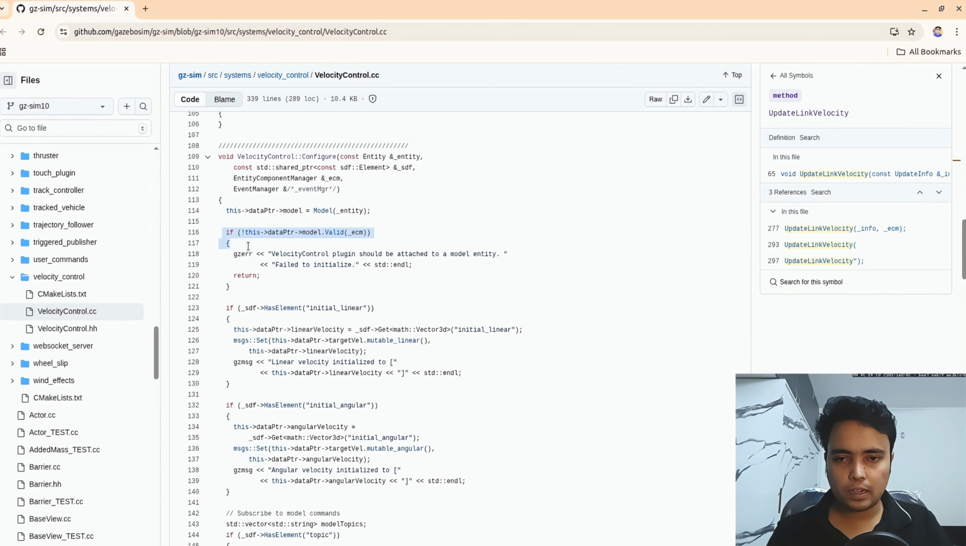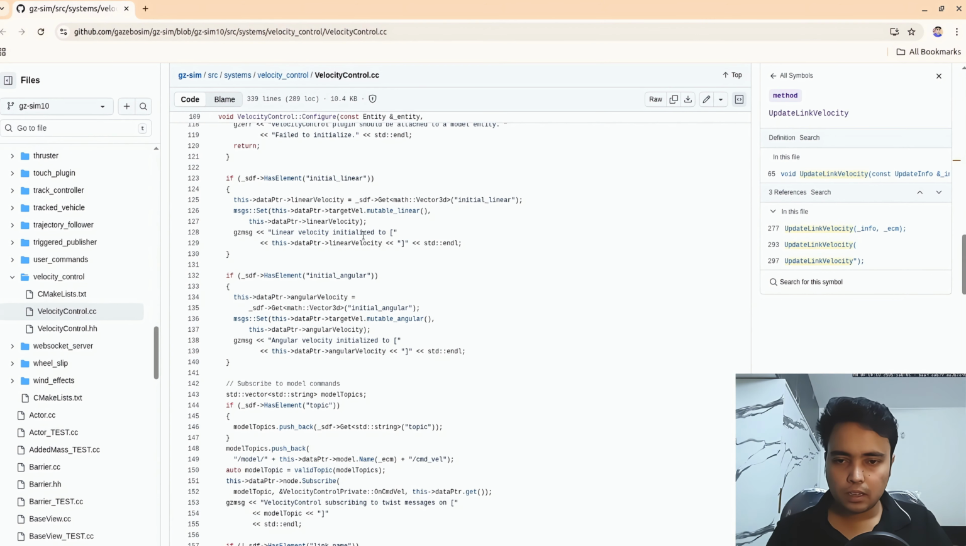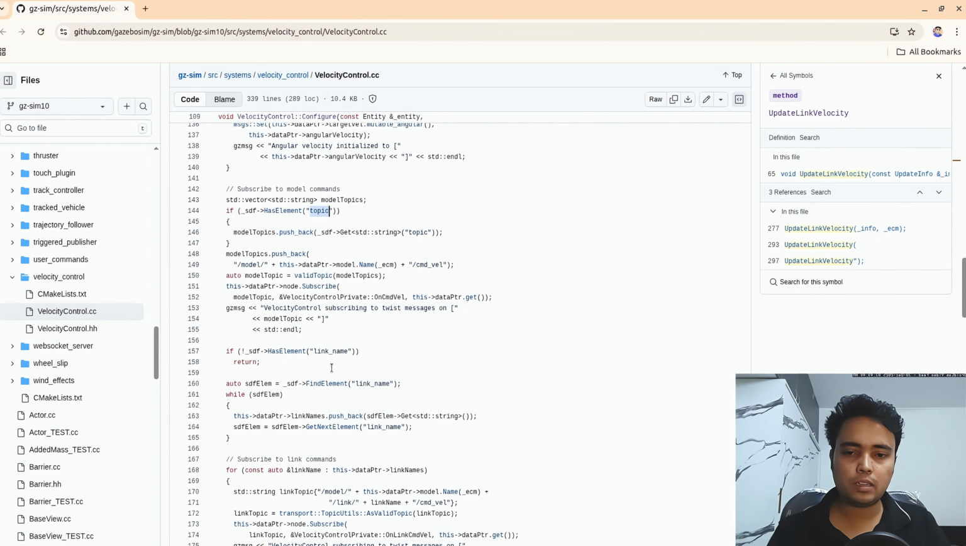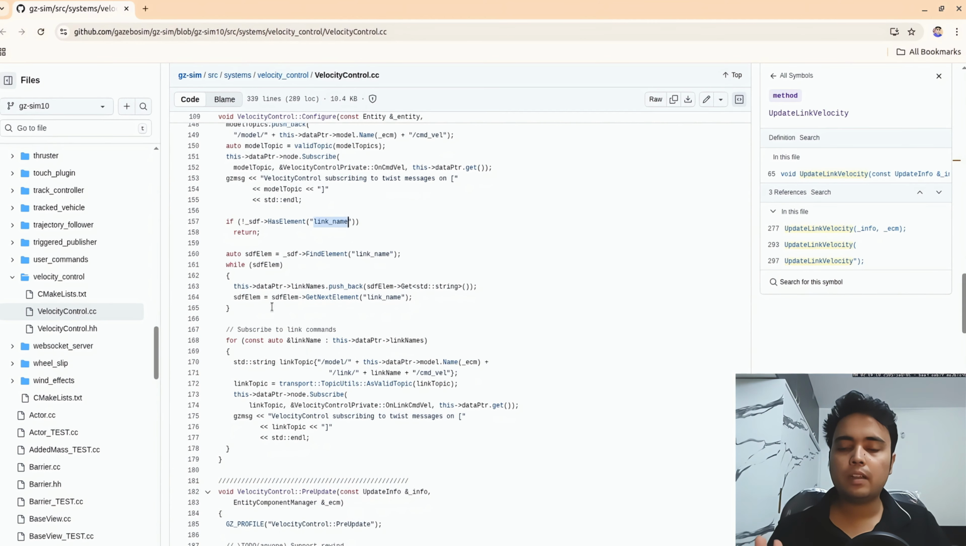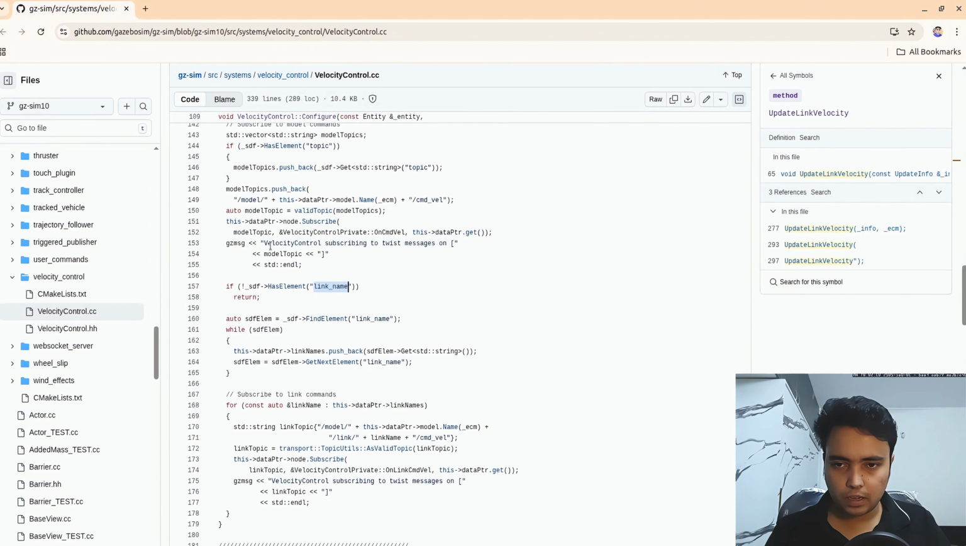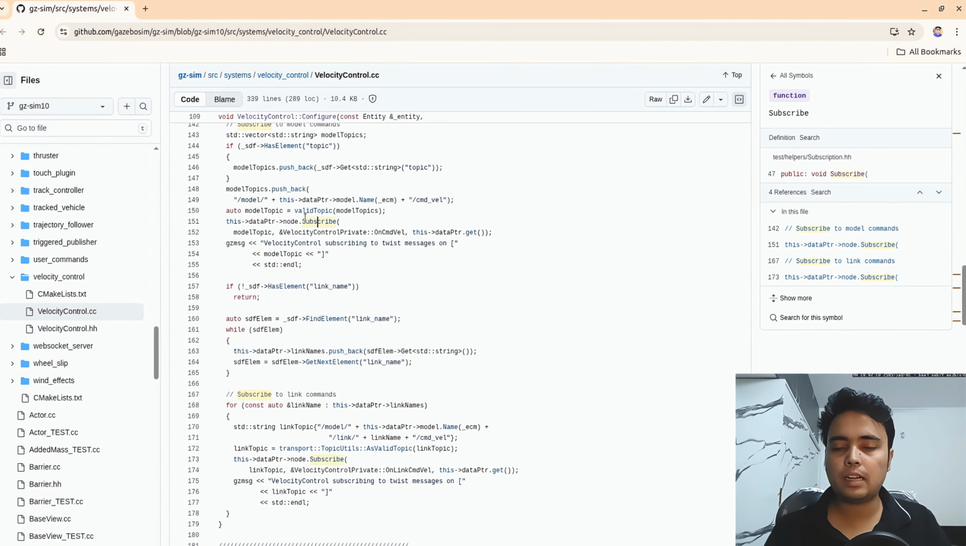Then in the config file, they are just reading all the SDF elements that we just saw in that SDF file. So they're reading the linear and angular velocity. Then they're reading if there is any topic they have mentioned, then you can push on to this link name if you have mentioned. If not, then these are the normal things that you set from the SDF file and you configure. Then somewhere in the configure function, here on the subscriber, they are calling this subscriber to subscribe to